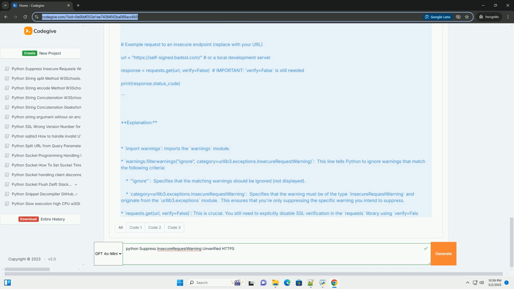This method is generally discouraged because it is very broad. 3.3. Using urllib3 directly to disable warnings. If you're using urllib3 directly, which is less common than using requests, you can disable warnings like this. Explanation: